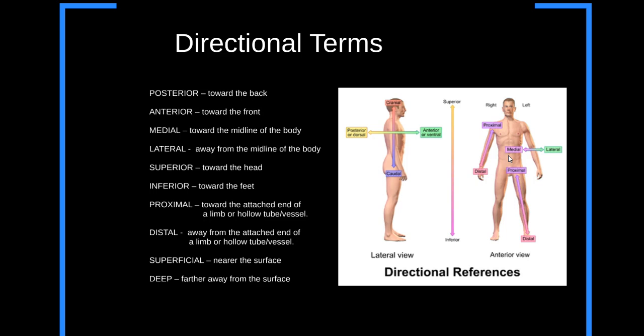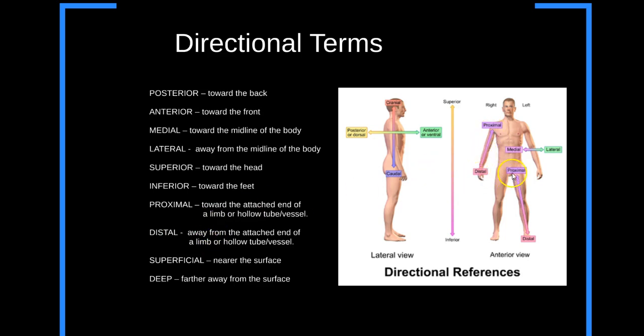Remembering that the body is in the anatomical position, probably lying down on a table in a morgue if we're dissecting at this point. The next two are probably some of the trickier ones that we're going to deal with. We have proximal and we have distal. Distal is probably the easiest to get your head around because it sounds like distant, and distant means further away from. And we use these two terms about limbs,